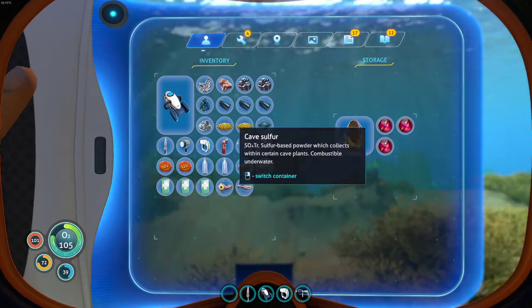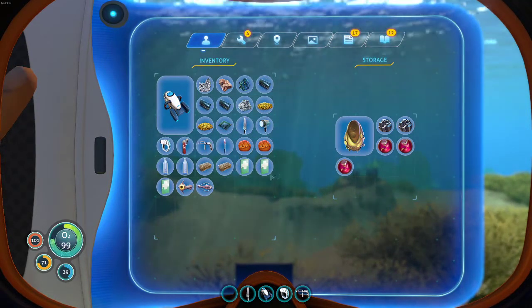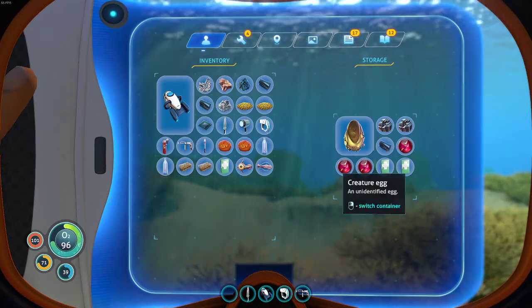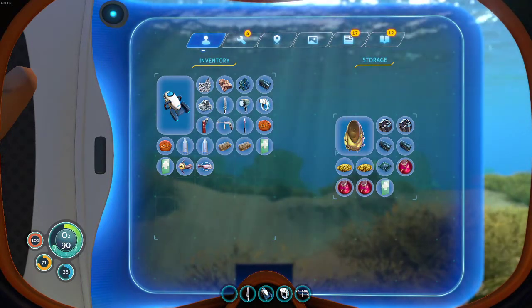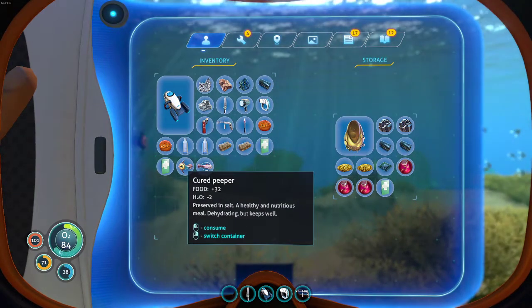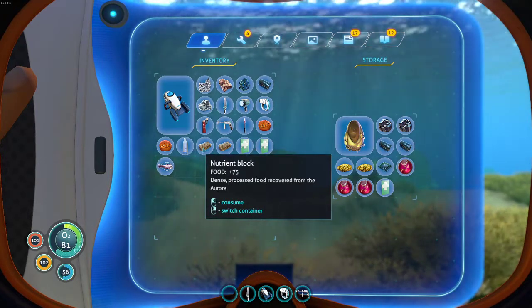We've got plenty of table coral to go around, so we might not have those. Lead we'll need later. Maybe a couple of these first aid kits. Definitely we don't need all that rubber. Cave sulfur. And we'll get rid of... leave the computer chip in there as well. Shouldn't have all these nutrient blocks. Cured peeper. We are getting a bit hungry. Let's eat that. And then let's drink some water to...